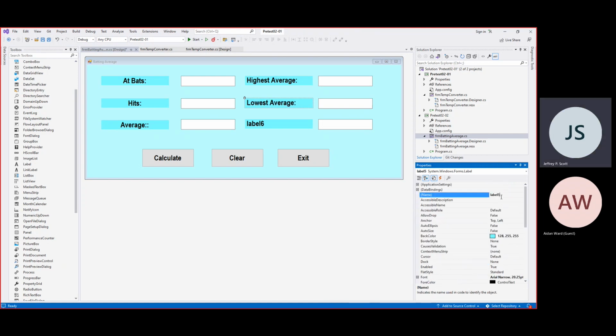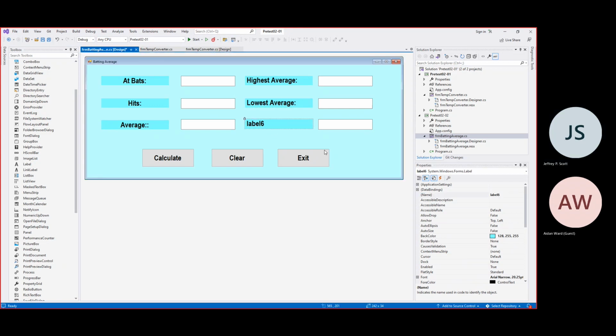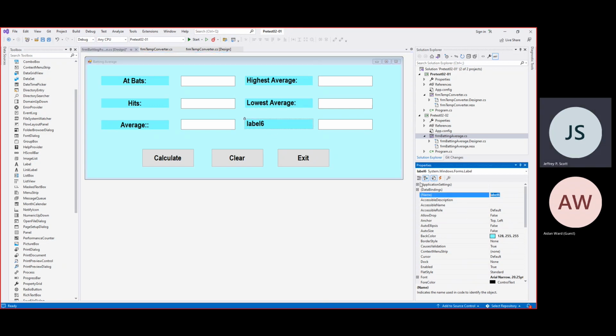So we will change that to LBL lowest average. And finally, the last one will be LBL total number of averages. And this text on here will say,